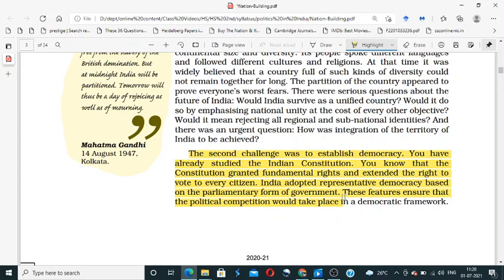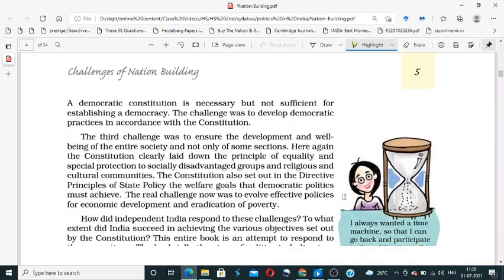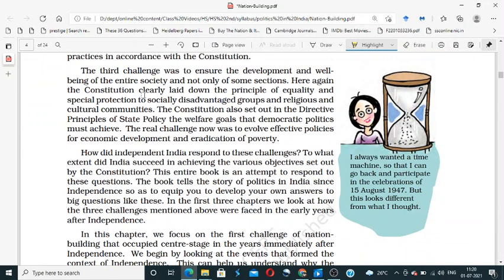They could not practice democracy. So to impose democracy in this kind of population was a challenging task. So this was another challenge for India. And the third challenge was to ensure the development and well-being of the entire society, and not only of some